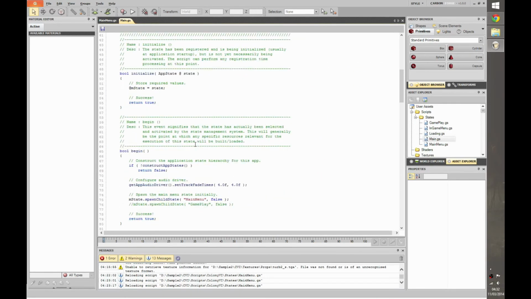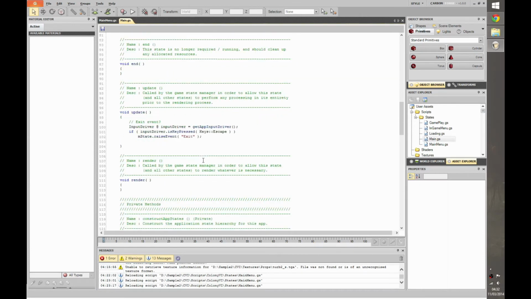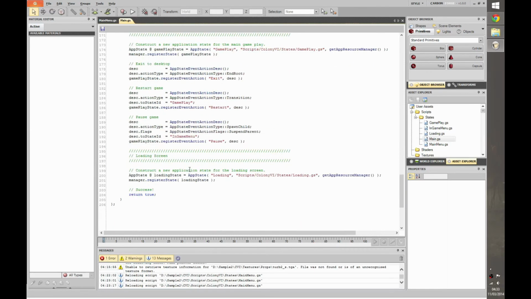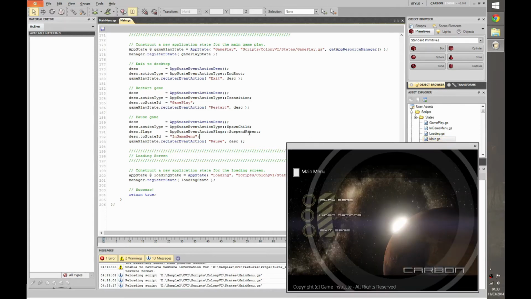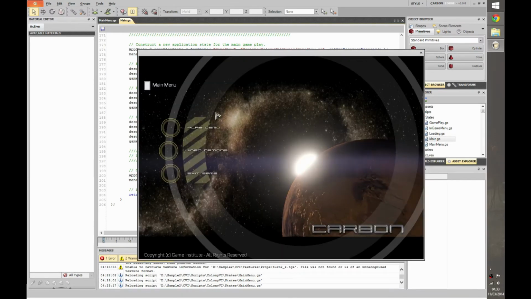And this main stub, you can see it's relatively simple. We just, as mentioned, construct those app states and then spawn a child state. We have a little handler in here to exit if escape is pressed. But other than that, it's pretty straightforward. So with that said, if instead of the main menu we set that stub as our entry point, so we can see that main menu is no longer selected, then when I hit F5, we will get our menu as before, but when I click play demo and it fires the new game event,